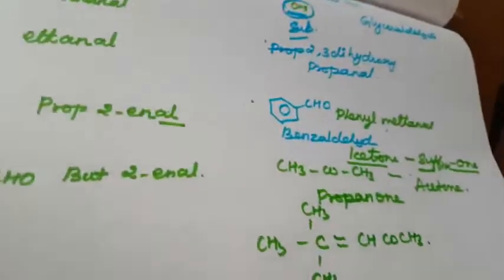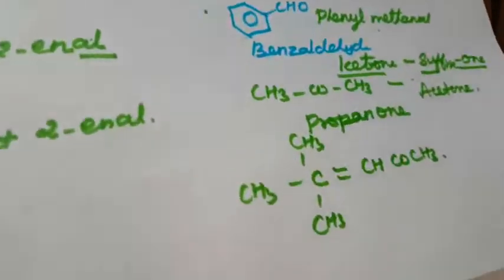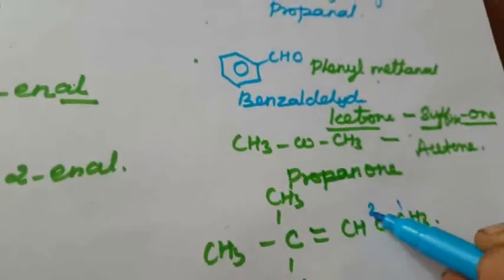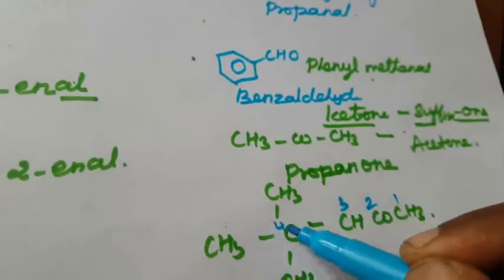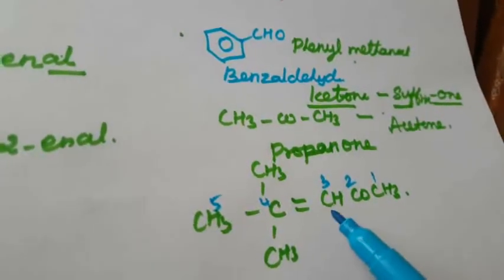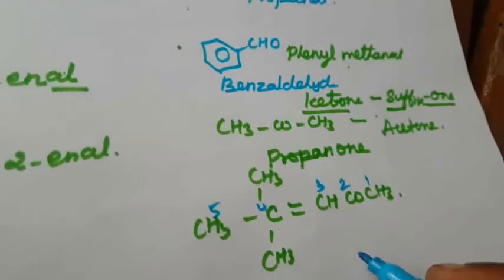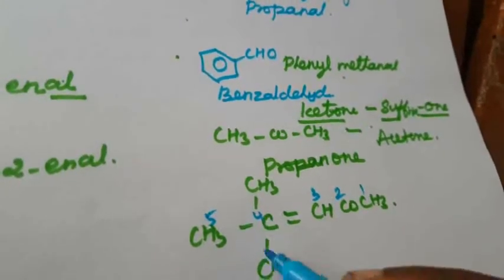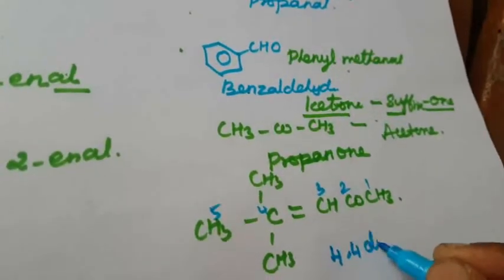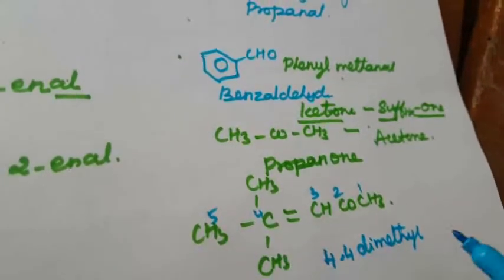Okay, so here that is the ketone functional group, so first priority goes to the ketone. For numbering of this compound, 1, 2, 3, 4, 5. The second position contains the ketone, the third position contains the double bond. How to write the name? 5 carbons, that is pent. Before that, the fourth position contains methyl groups. 4, 4 dimethyl. Okay, that is the substitutional group.